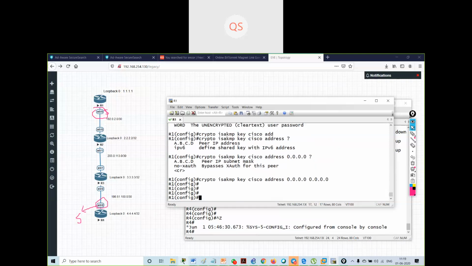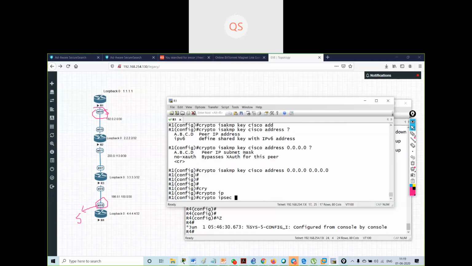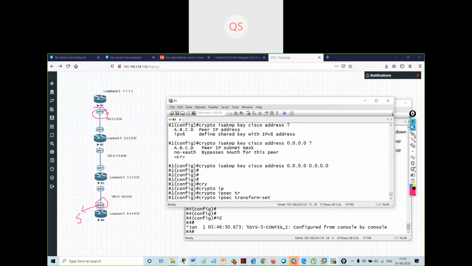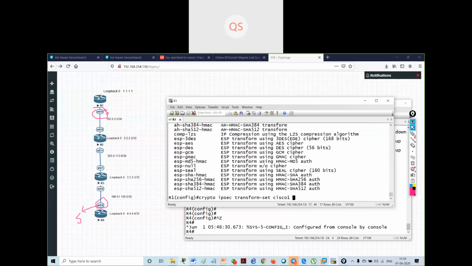Now I will create a transform set. Crypto IPsec transform set, then the transform set name. I will give a name to the transform set. Suppose I gave the name Cisco 1. Okay. Then I have to select the